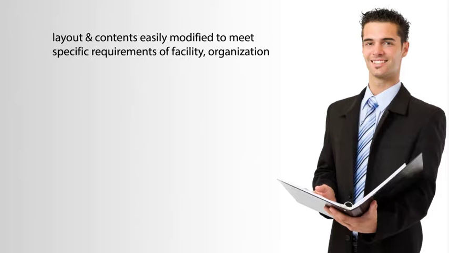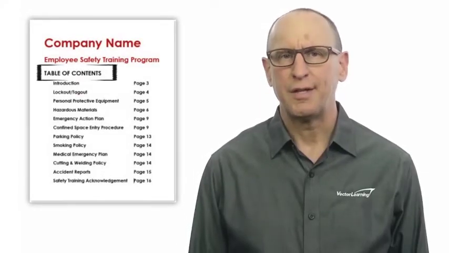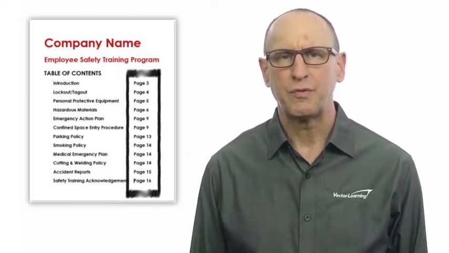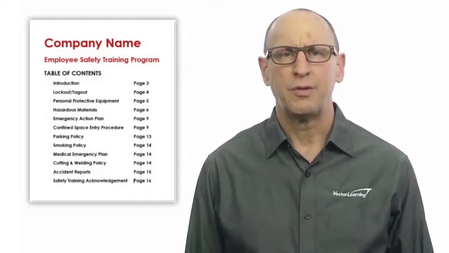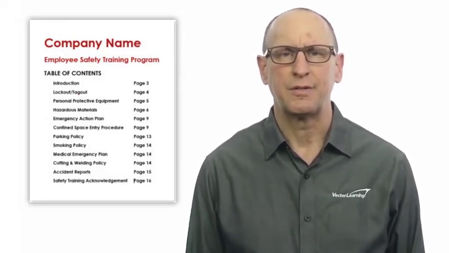In order for a safety training system to work the best, I recommend that a written document of some sort be provided to the employees. This will provide for them a packet of information that they can refer to after the training is completed. They may not remember all of the details that are covered during the training, so they can look back and check some of the items they may have forgotten. Also, a table of contents page is recommended with page numbers for a quick reference to the appropriate topic and page number. So this slide shows a typical table of contents.